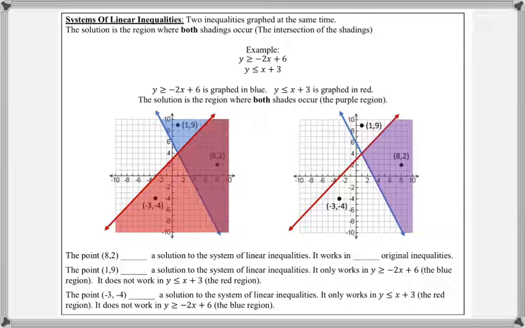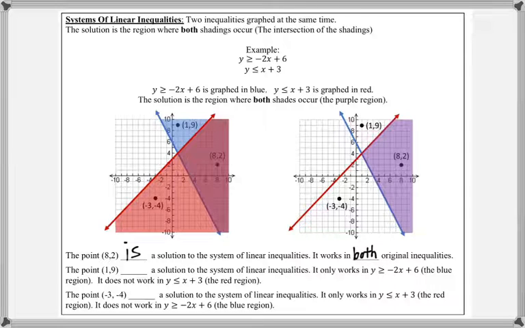And then when we're writing our answer on our paper, we only need to shade the region where both shadings occur. So we no longer need to shade in this or this region. Okay, so the point (8, 2) is a solution to the system of linear inequalities. And this is because it works in both